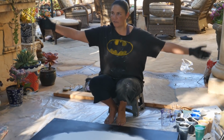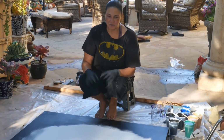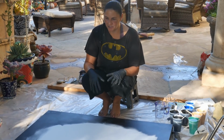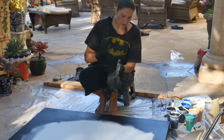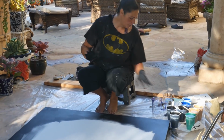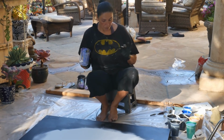My friend the wind is here as usual helping me paint, which means that anything I put down on the canvas is going to start to set up quick, which means I need to work fast. So I know what I want to do. I am going to be doing a straight pour, actually probably 3 straight pours,